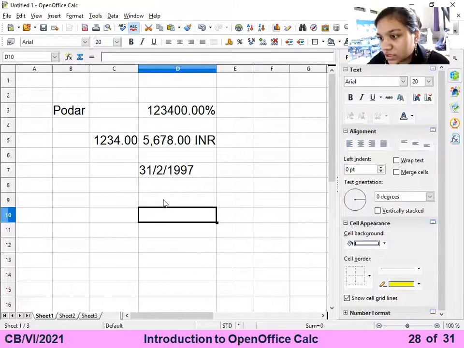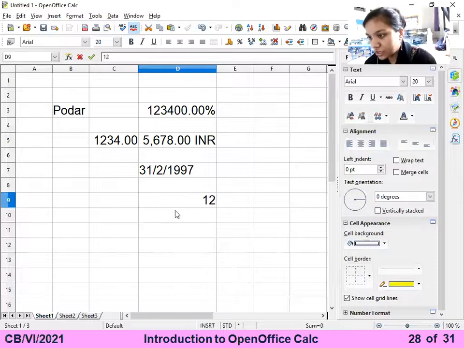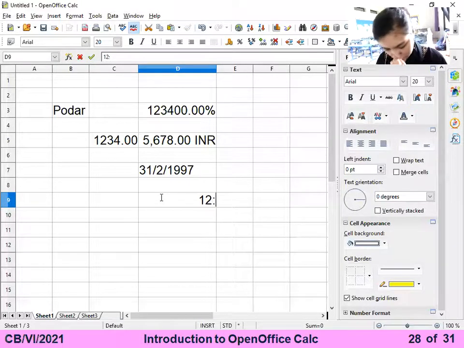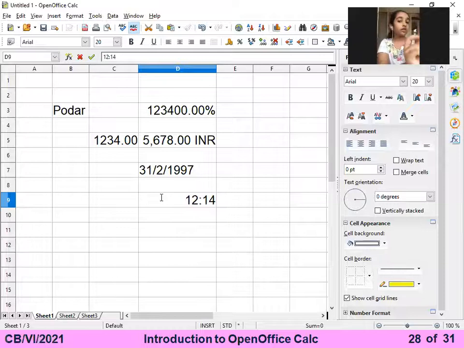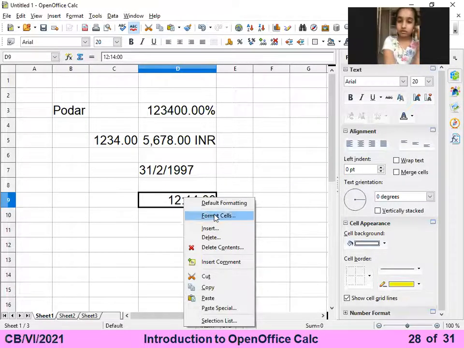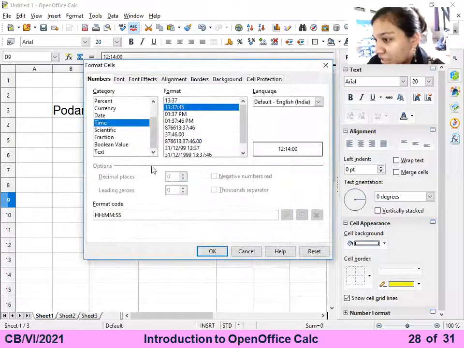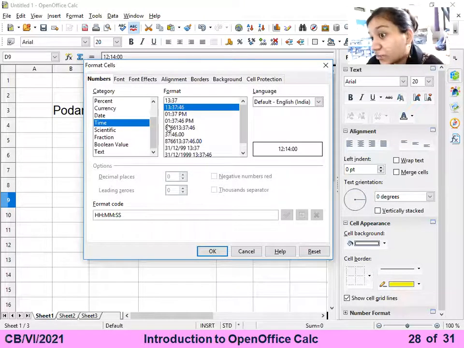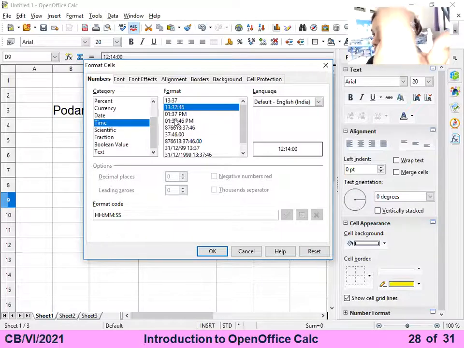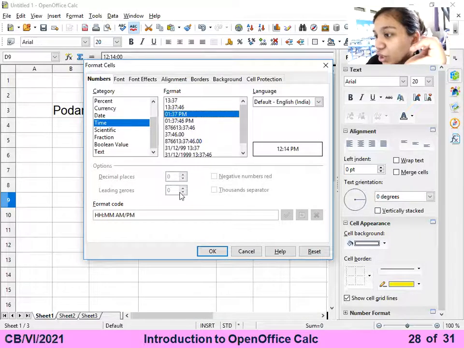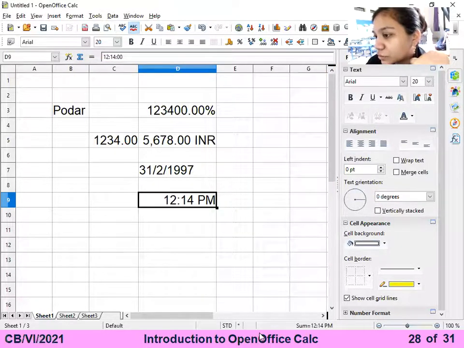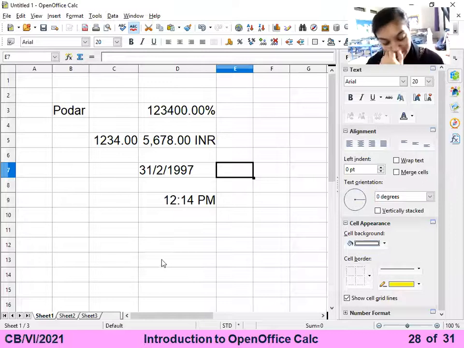Okay, now the next one, that is time. Whenever you are writing something, sometimes it will take the default formatting of the cell by itself. It decides by itself that since you wrote this, maybe this formatting of the cell is suitable. That is also one benefit of it. You can choose your type of time formatting. So it will be displayed like that. Next,